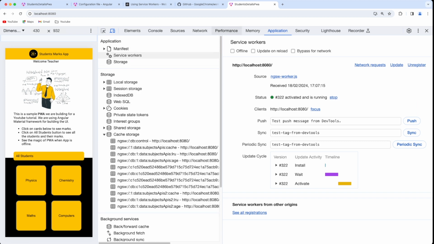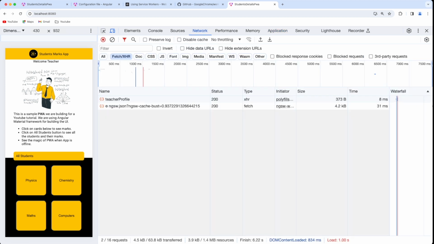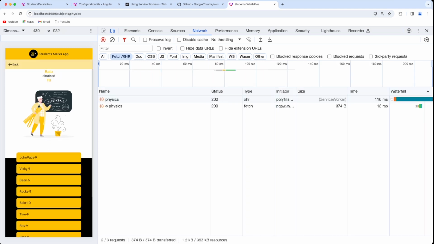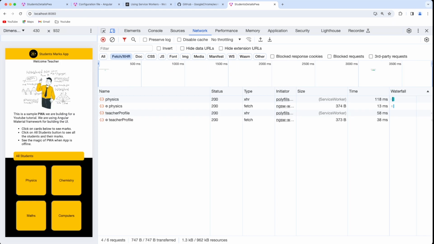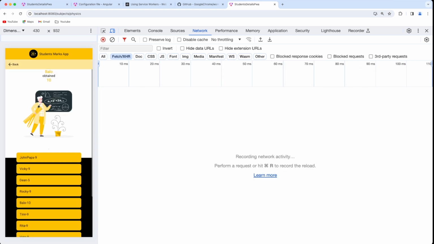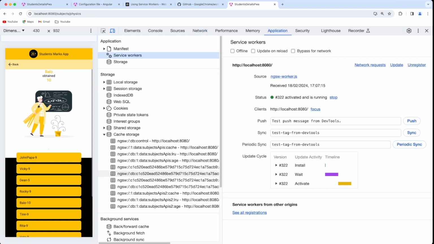And let me take you to the network tab. Here in the network tab, the new subject that we had added was physics. So let me click on it. First time it makes a call and then it caches it. Next time if I click on physics again, you would notice that it's just one request that it's trying to make. So let me take you to the application tab, and here you may now notice that subjects API 2